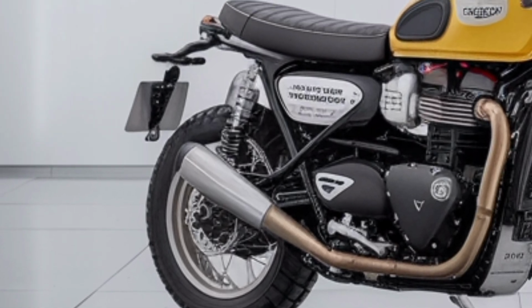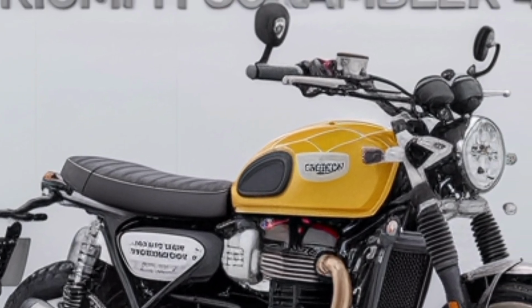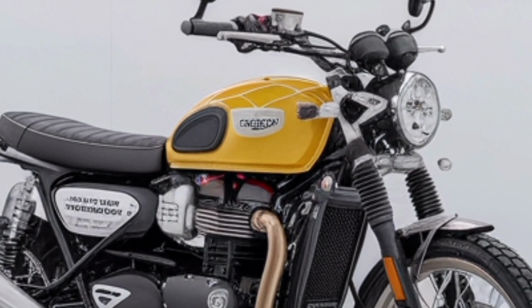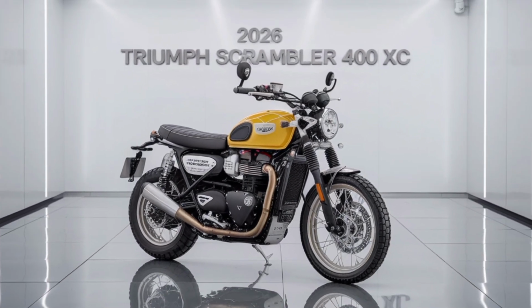From the side, the Scrambler 400XC shows off its beautiful proportions. Triumph has absolutely nailed the stance here. It's compact and approachable, but not toy-like. There's substance and presence in the frame. The sculpted 13-liter fuel tank, adorned with the iconic Triumph badge, tapers gracefully toward the seat, giving the bike a